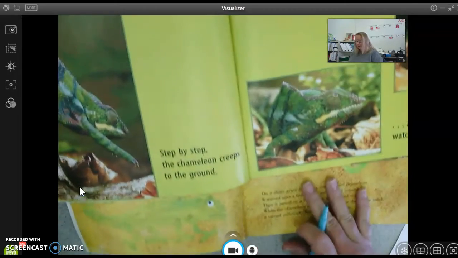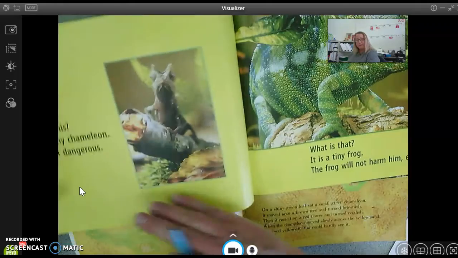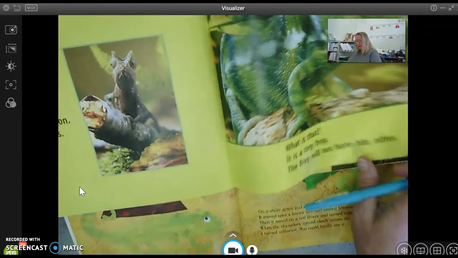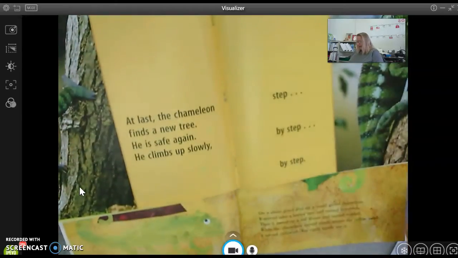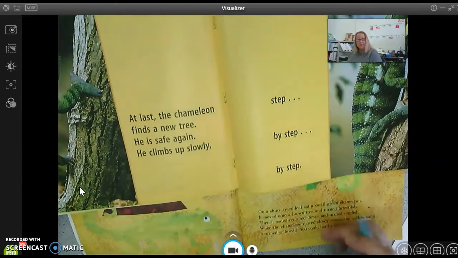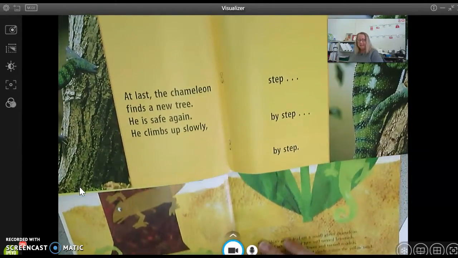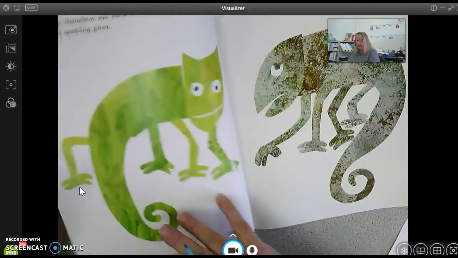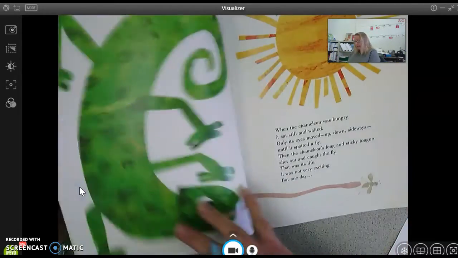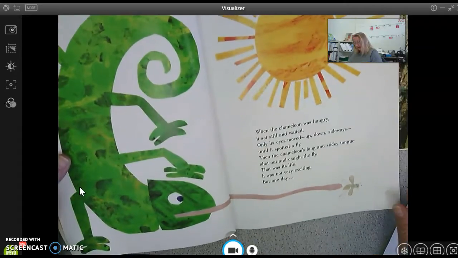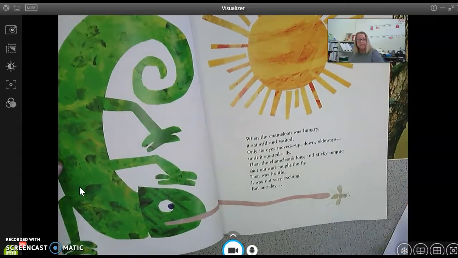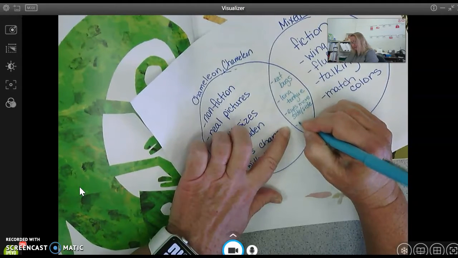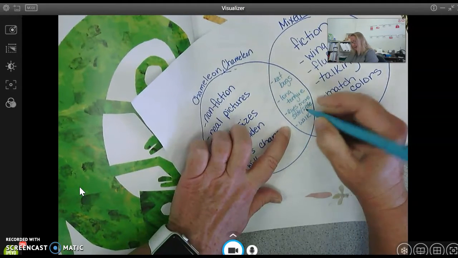And then also, I think there's something else we found. Can you think of something that we found in here? And both that were the same? Do you remember when the chameleon was walking? Remember? Did he walk really fast or did he walk really slow? Yeah, he walked really slow. And in this story, the Mixed Up Chameleon, he did the same thing. He walked really, really slow. So we're going to put that as our last item that was the same in both